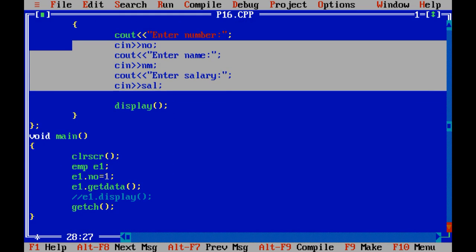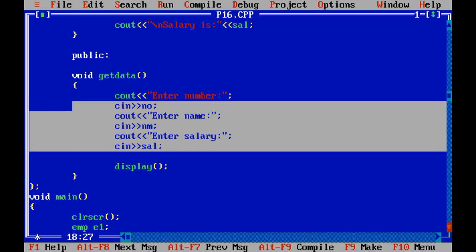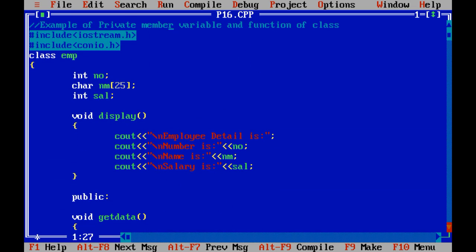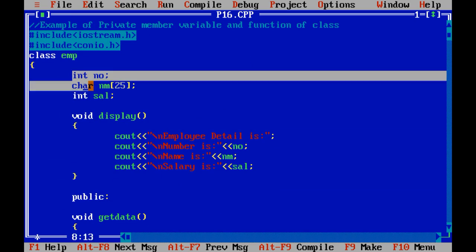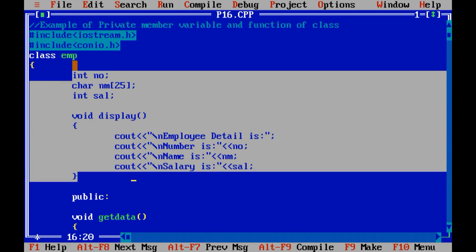Just one thing you need to keep in mind, that when you declare any variable or method of a class as private, you need not use any keyword like public. It automatically becomes a private member of the class. Another thing, how can I use that variable and function?